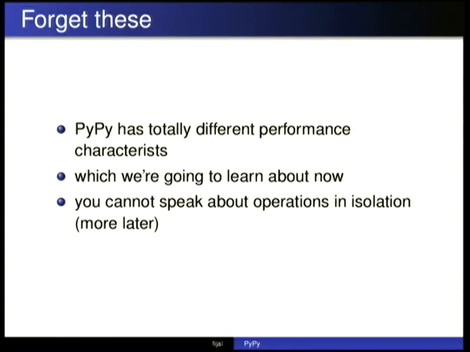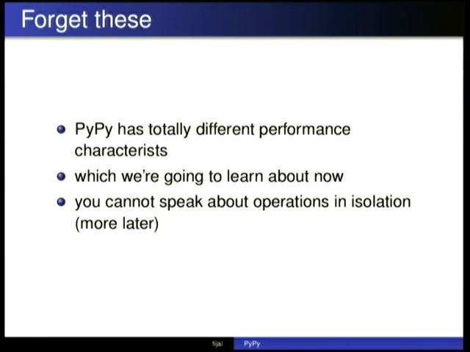Yeah, so tricks sometimes work and sometimes don't. So we want to have a holistic understanding of what the performance characteristics of running Python code on PyPy are. What's fast, what's slow, what do we know about how stuff works. And I think the most important thing about optimizing for PyPy is operations don't exist in isolation.